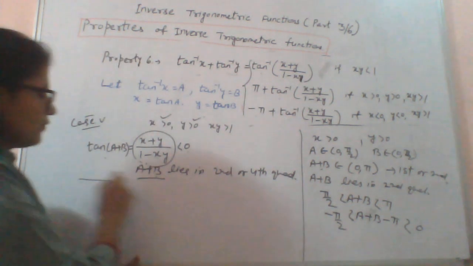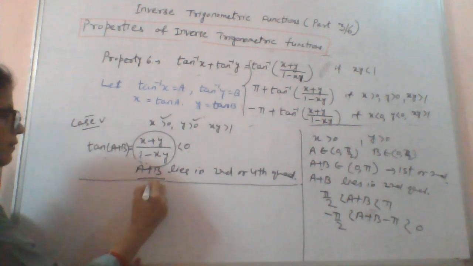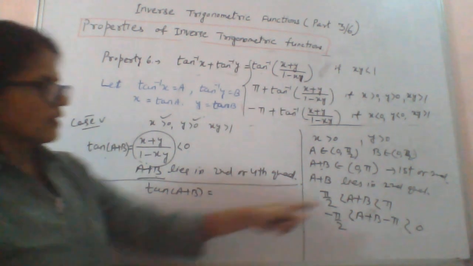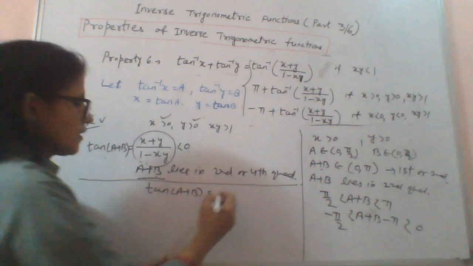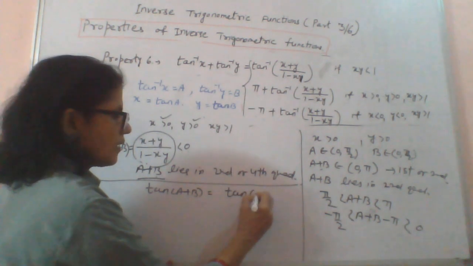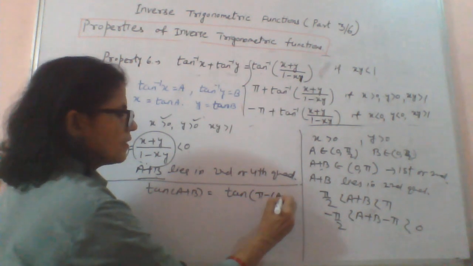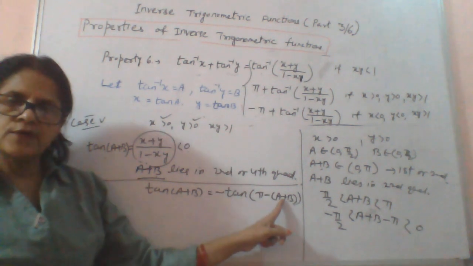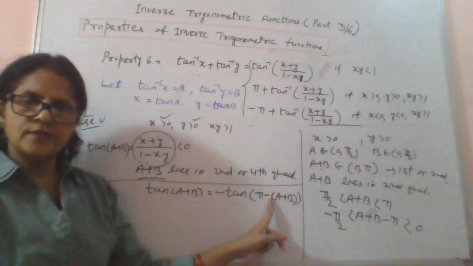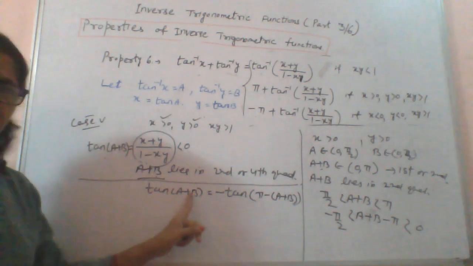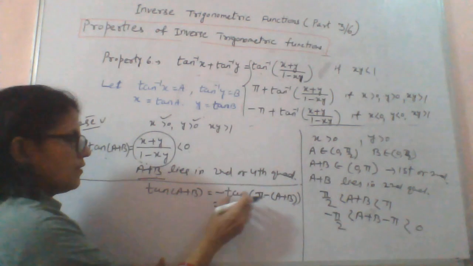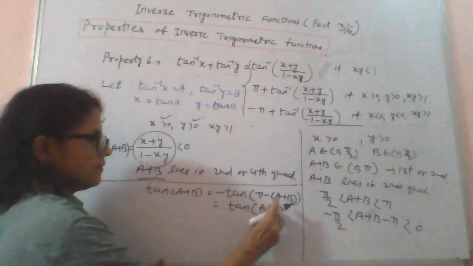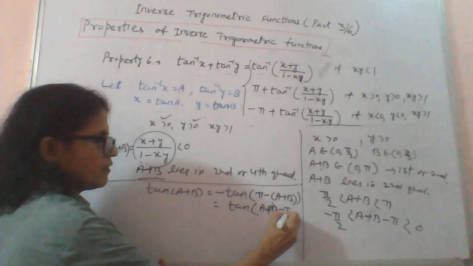Okay, now why are we doing it like this? What is the relevance? Whenever I write here tan(a + b), and as we have taken it is in the second quadrant, second quadrant means if I write here tan(π − (a + b)), tan(π − θ) is −tan θ, and minus of this means plus tan θ, meaning tan(a + b) can be written like this, and minus tan this means it can be written as tan(a + b − π).